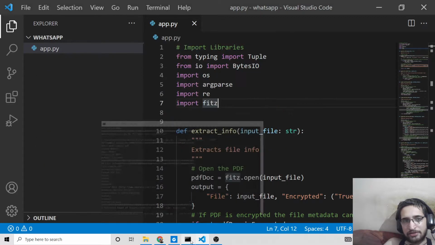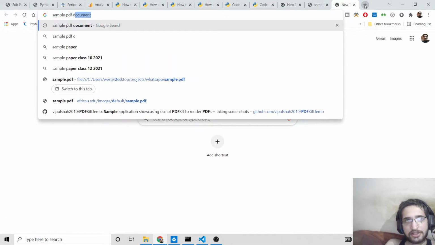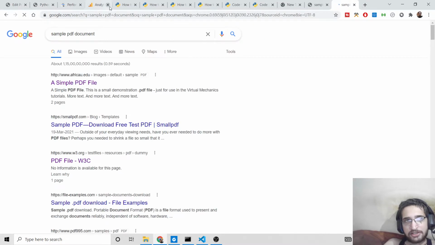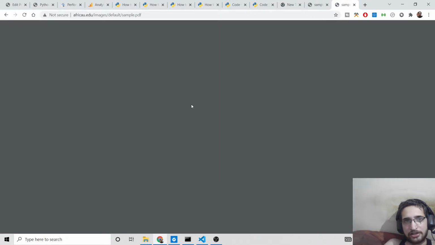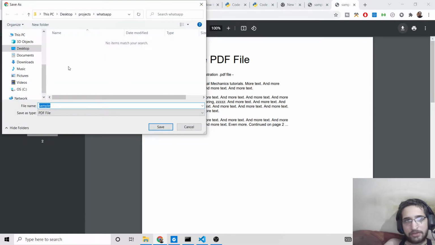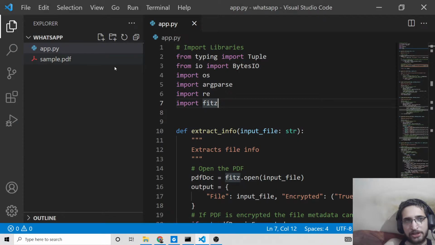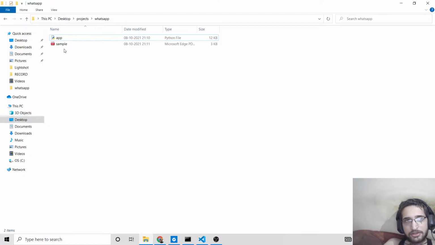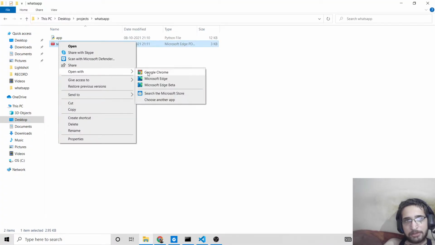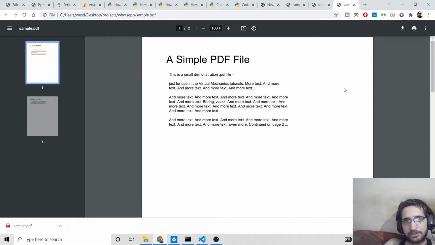Now to run this file, guys, you need a PDF document. You can just download one from the internet. Just search for sample PDF document and download it into your working directory. This is sample.pdf here. If I open this, you will see nothing special. It just contains two pages. This is the first page.